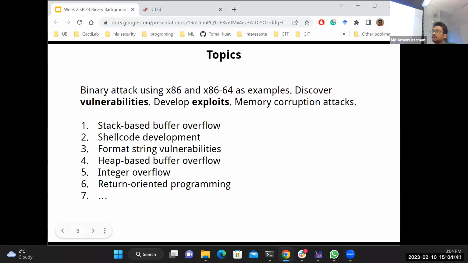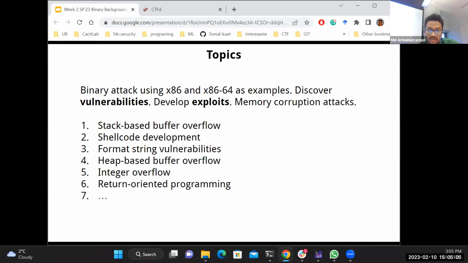Vulnerabilities can be software vulnerabilities or hardware vulnerabilities. We'll develop some exploits to leverage those vulnerabilities to do some tasks that we want as an attacker. Specifically, we'll do stack-based buffer overflow attacks, shellcode development, format strings, heap-based buffer overflows, integer overflows, and